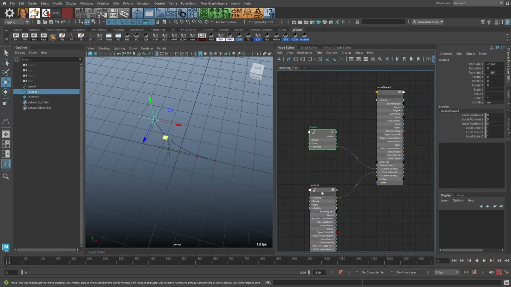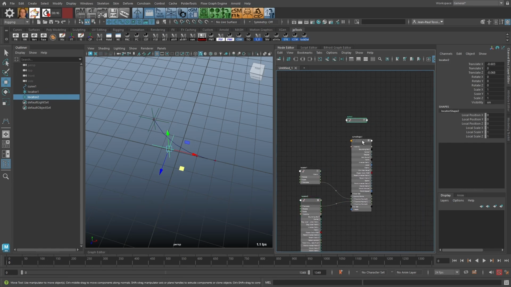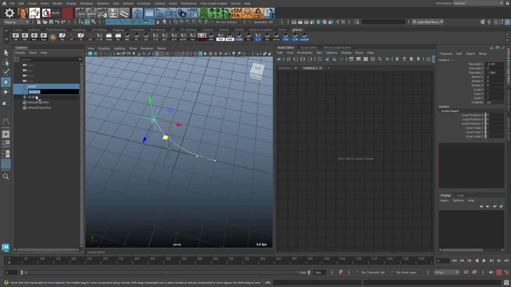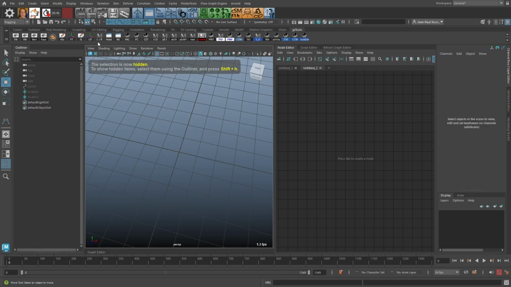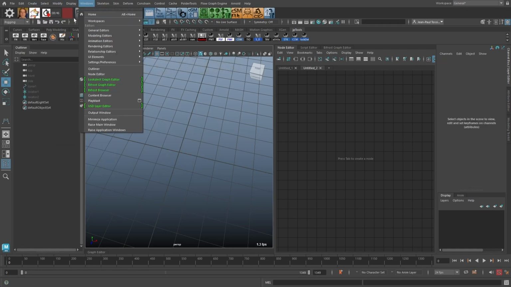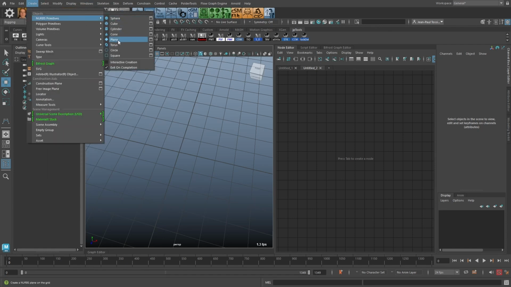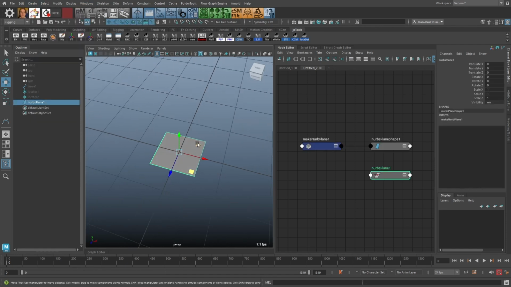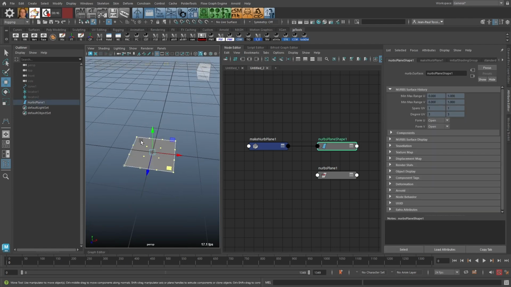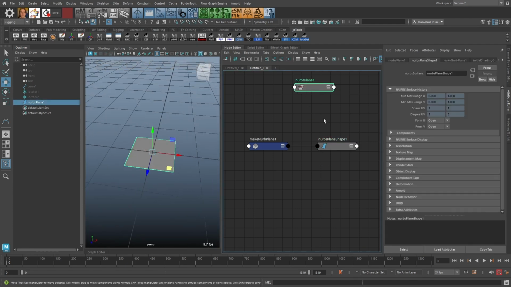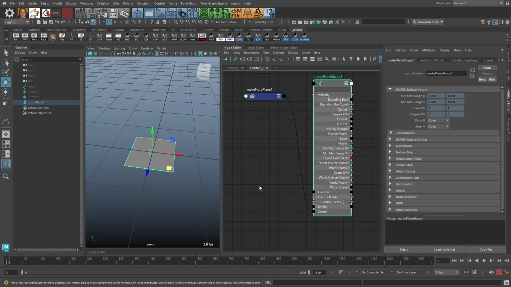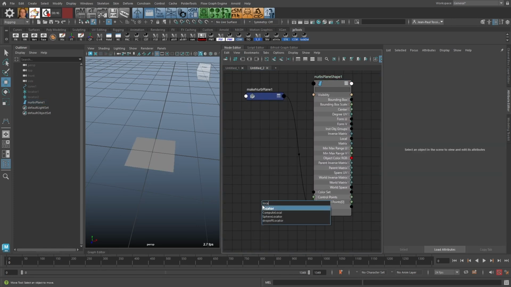And this does not only work on curves. So for example, if you would have a NURBS surface, for example, a plane, which has CVs as well. So you can see these are all the CVs of the NURBS surface. If you look at the NURBS surface shape, it also has a control points attribute. And if again we create a locator